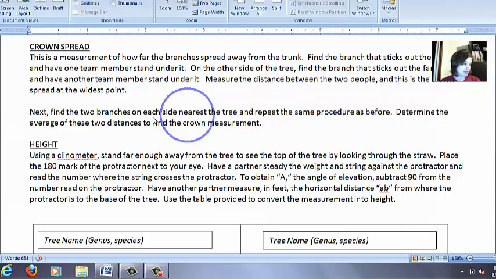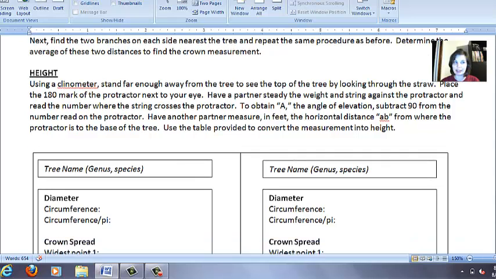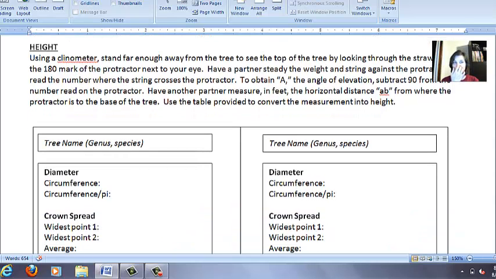So that's the second piece of information you're going to find for each tree. Last but not least, you're going to find the height of each tree. And this actually takes a little bit of geometry, but I'll step you through it in class. There's going to be a special chart you're going to use for this. We're also using a special tool called a clinometer, which is basically a plastic protractor with a straw and a string attached to it. And again, I'll show you these in class and it'll make a little bit more sense, but I want to at least introduce you to this